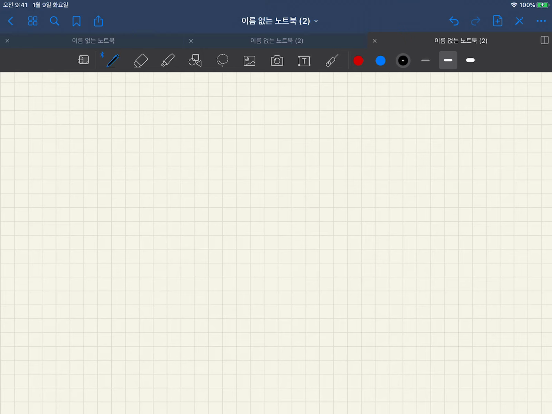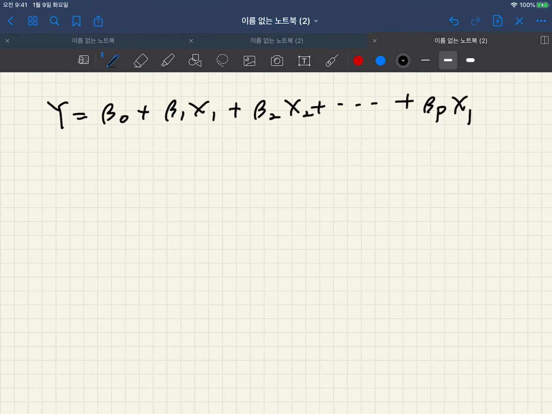Okay, then what will happen when we have more than two predictors? I mean, if the output y follows this linear function: beta 0 plus beta 1 times x1, the first predictor, plus beta 2 times the second predictor, up to p number of predictors, plus irreducible error, observation noise, epsilon. Okay, everything is the same except a few